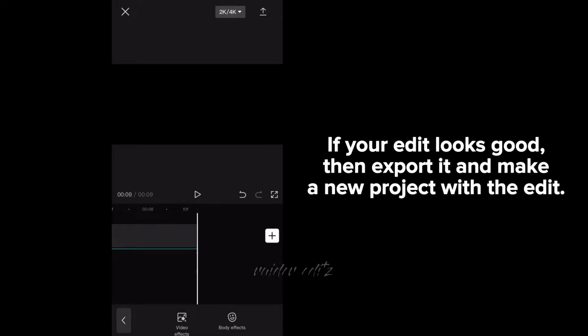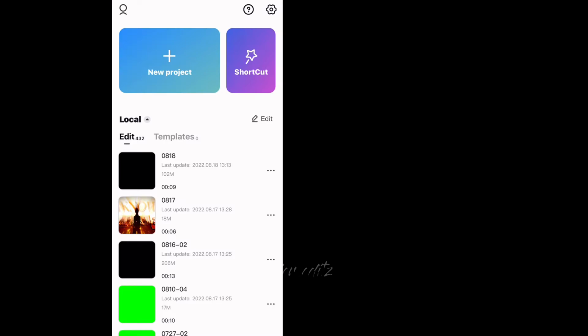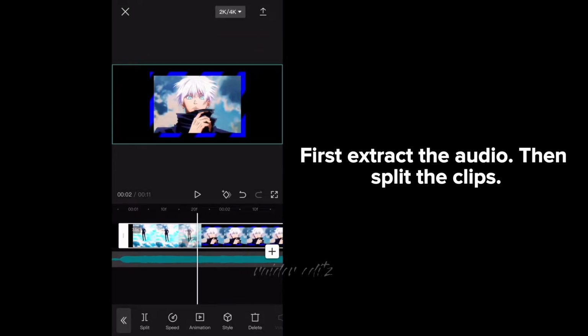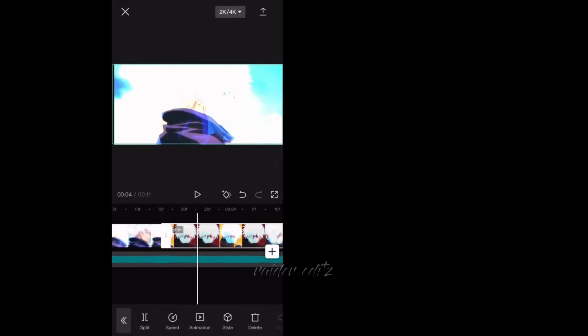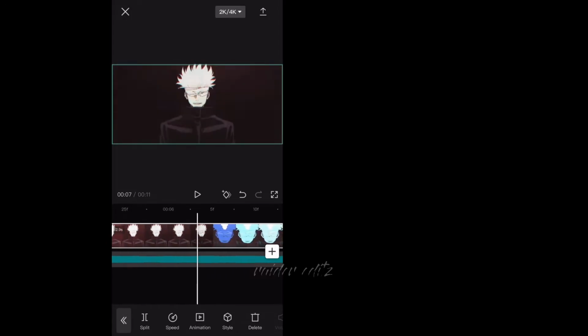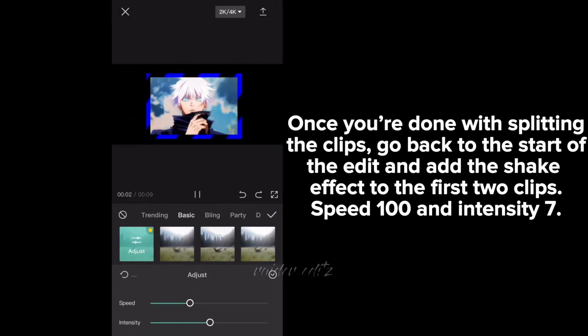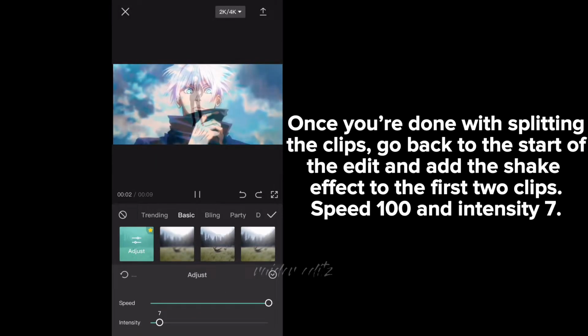If your edit looks good, then export it and make a new project with the edit. Make sure you export it with full quality. First extract the audio, then split the clips. Once you're done with splitting the clips, go back to the start of the edit and add the shake effect